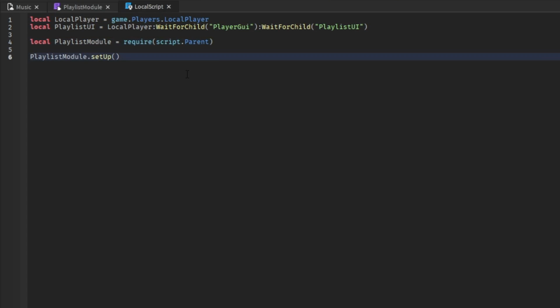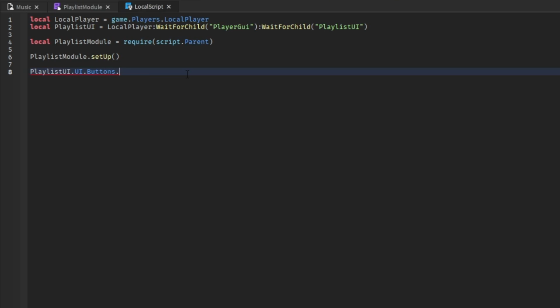And now after the setup function, let's hook up these buttons to the playlist module functions. So we're going to do playlist UI, and now remember it's in the UI frame, and then buttons,